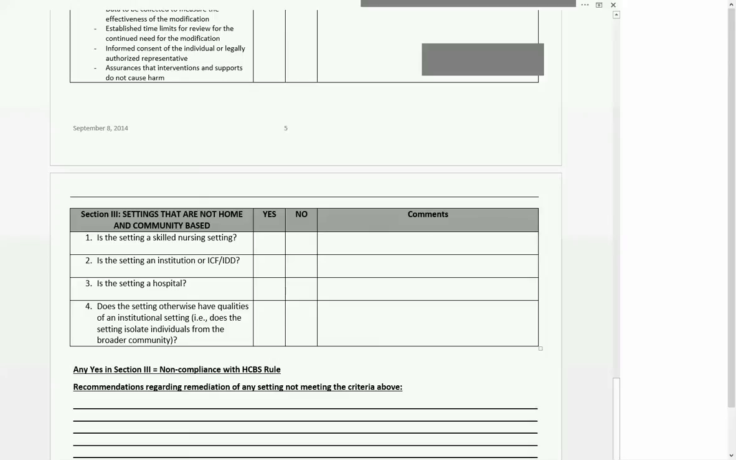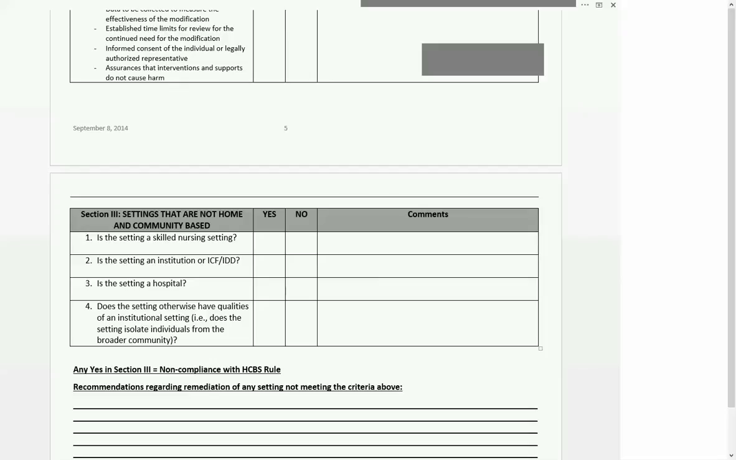Moving on to Section 3, settings that are not home and community-based. If any of these are answered yes, then that means that the setting is not in compliance with the HCBS rule. And they are, is the setting a skilled nursing setting, such as a nursing home? Is the setting an institution or ICF, which we have,